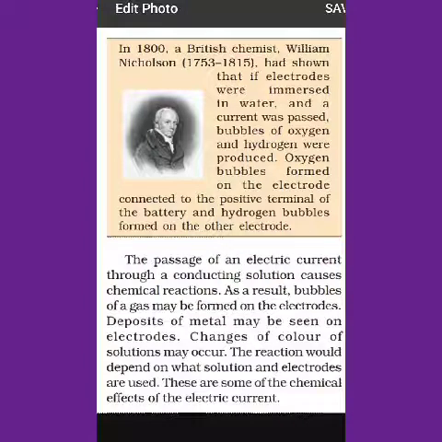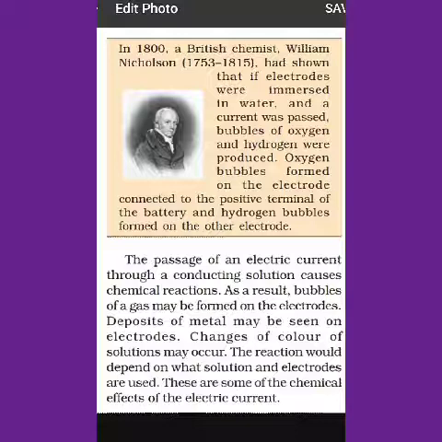Now what are electrodes? Electrodes are the two rods which we read in the experiment. The two rods which are either iron or copper rods, and through which the current enters inside the solution. These electrodes are either positive or negative. They have a positive charge or the negative charge because they are connected to the positive and negative terminal of the battery. Now when current is passed, then due to the current there is a chemical change in the water,